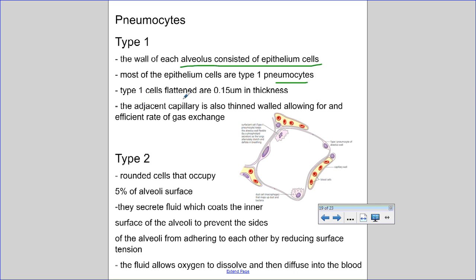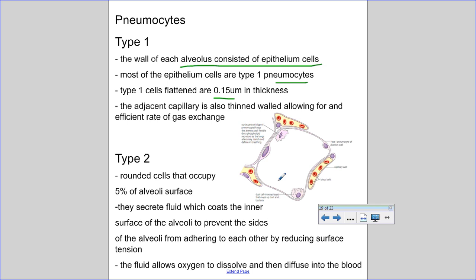Type 1 cells are flattened to a thickness of about 0.15 micrometers. The adjacent capillary walls are also thinned, allowing for an efficient rate of gas exchange. So these type 1 pneumonocytes that make up the alveoli are very thin. They're flattened to allow oxygen to pass through easily into the capillary, and CO2 to pass from the capillary into